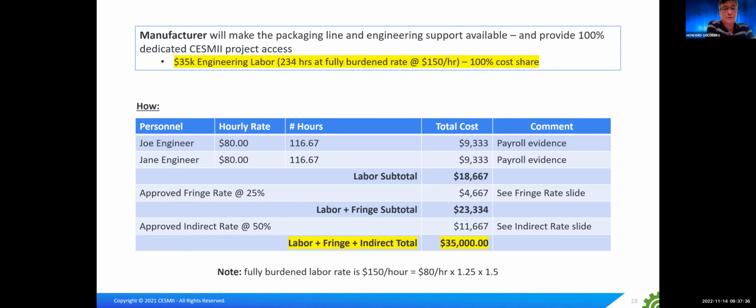But they worked with CESMII and the DOE, and they got an approved 25% fringe benefit rate markup that marks up the labor further. In addition, they worked with CESMII and DOE to get an approved indirect rate, or overhead markup, so that roughly $19,000 of payroll labor got marked up to $35,000 of cost share. On the next slide,